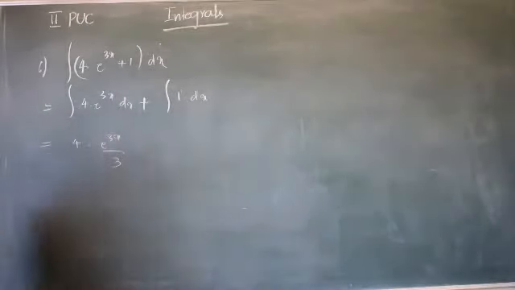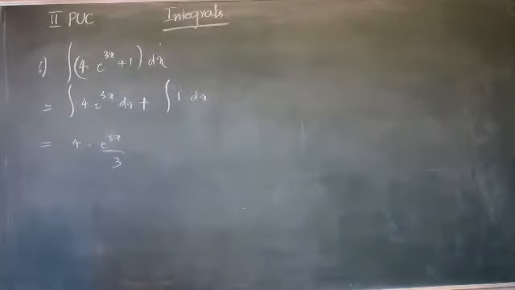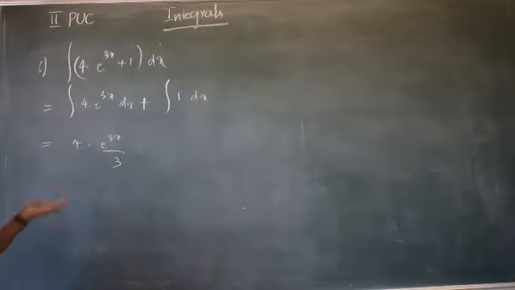Remember always, the integral of e power x is e power x only, but for e power 2x, the derivative is into 2, but the integral is divided by 2. Now the integral of e power 3x is e power 3x divided by 3. E power nx derivative is e power nx into n, but the integral is e power nx divided by n. Then this plus,